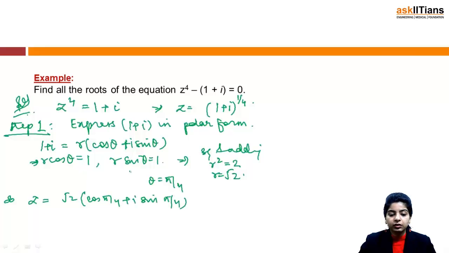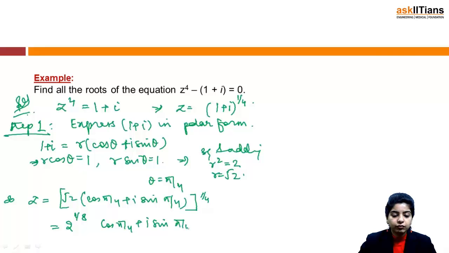By substituting the values of r and theta, this is what I get, and so we are required to find out the value of this raised to the power 1 by 4. So that becomes 2 raised to 1 by 8 (cos of pi by 4 plus iota sine pi by 4). So z becomes 2 raised to the power 1 by 8 (cos pi by 4 plus iota sine pi by 4) whole raised to the power 1 by 4. Now once you are done with this, step 2 is